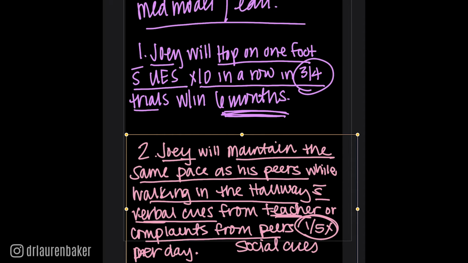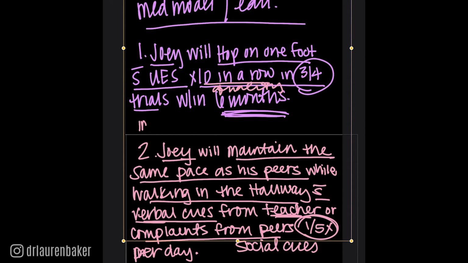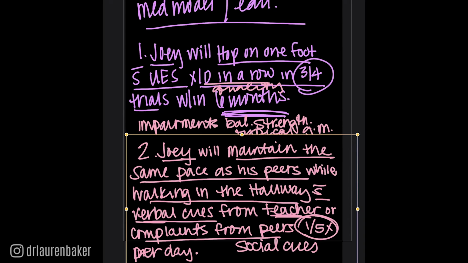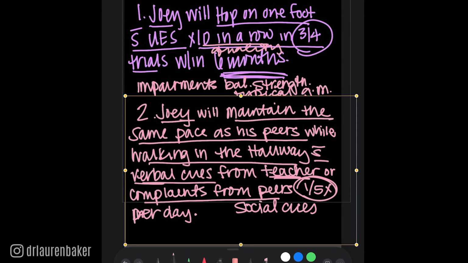So that's how I would take something that's more medical, where here in this medical model, we're looking at the quality. Here's the quality of the motion. We want it 10 times in a row. We're working on those impairments of balance, strength, gross motor milestones there. Where here down in the educational model, we're really working on all those impairments, but we're going to do that in our treatment sessions and through cueing and through practice and carryover from multiple experts or teachers and paraeducators,